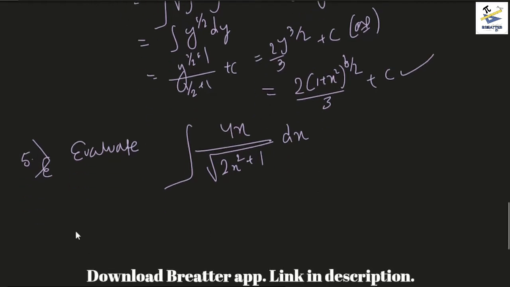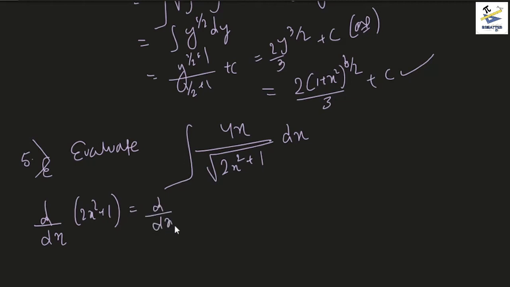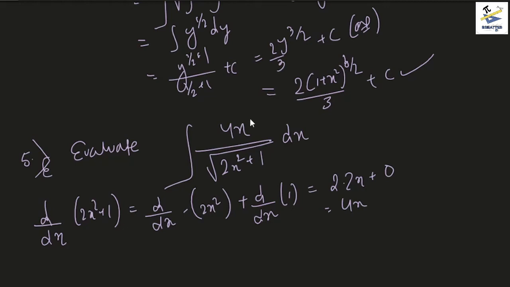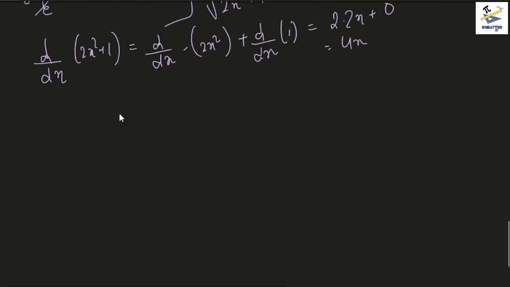Again, it should be noted that d/dx of 2x square plus 1 is equal to d/dx of 2x square plus d/dx of 1, right? And d/dx of 2x square is just 2 into 2x, and d/dx of 1 is 0, which gives you 4x. So you see that 4x is already present. The derivative of the term 2x square plus 1 is already present. And if that is so, what we can do is we can substitute